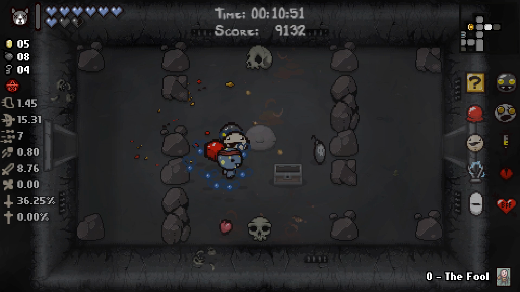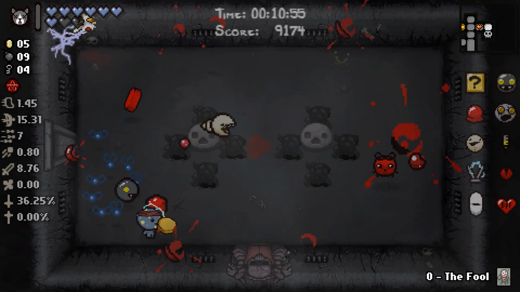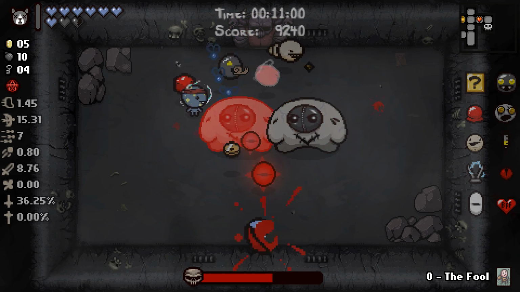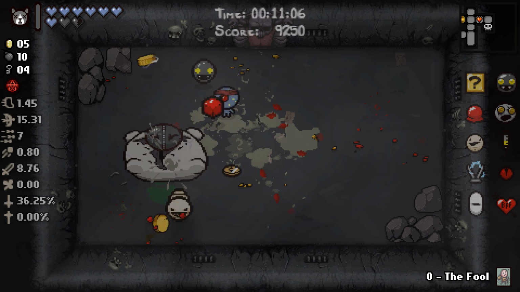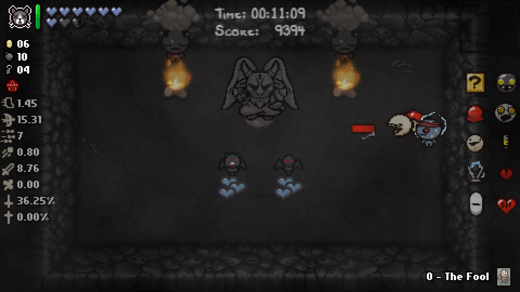Okay. Gotta remember to keep using Guppy's Head. There is our boss fight, which we should probably take advantage of and fight right away, since we have a fair amount of HP at the moment. I think that's the smart thing to do. There we go. Well, Mom's Pearls is...